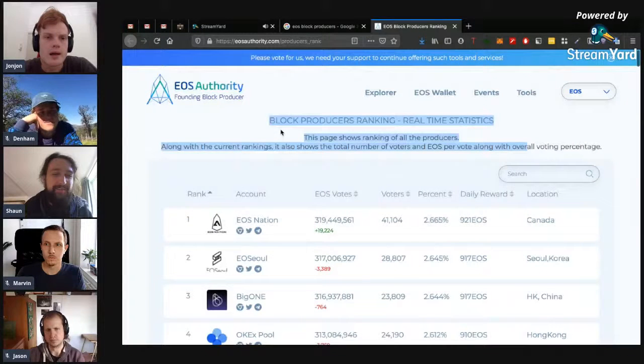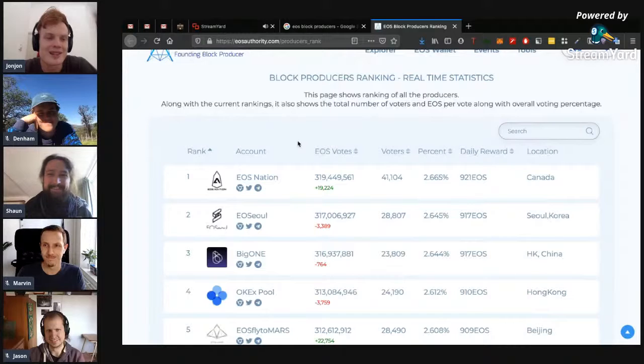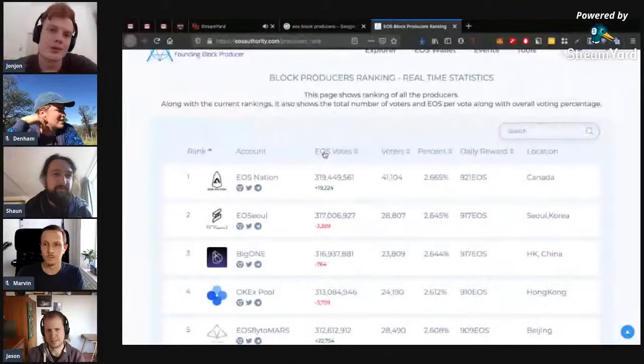Did the creators like blackjack or something? Why 21? I don't know why they chose 21. I guess they thought that was a good trade-off of having enough people producing that it's sort of decentralized, but not having too many weak people to have to cycle between. Yeah, it's a good question.